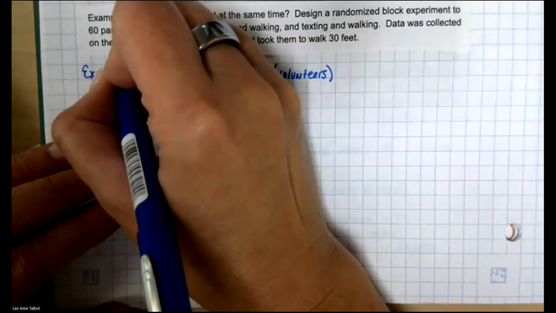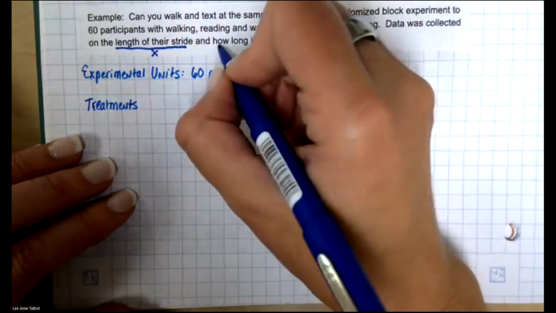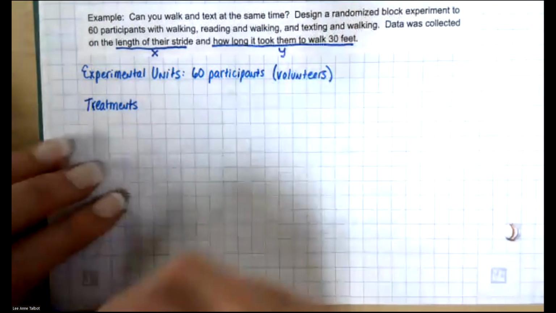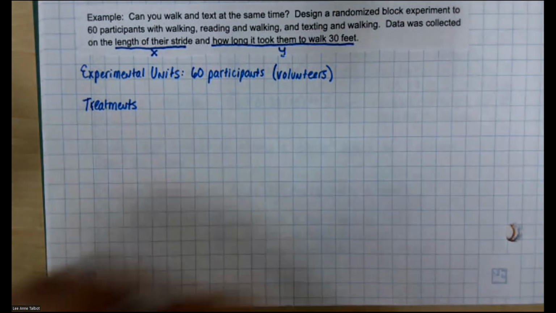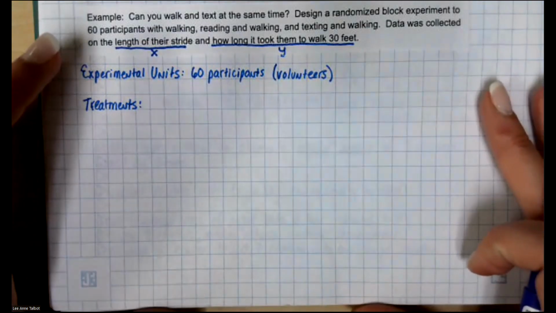we're gonna do length of their stride is X. How long it took them to walk 30 feet is Y. Is it okay with you guys if I mark those as X and Y? You'll know that as explanatory and response. Okay, I'm trying to save space on the paper here so that I can fit my problem in this bit